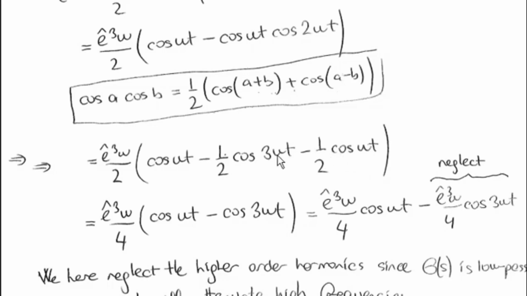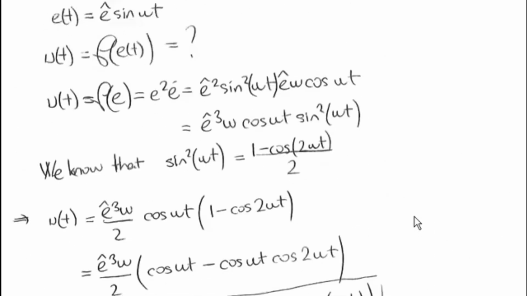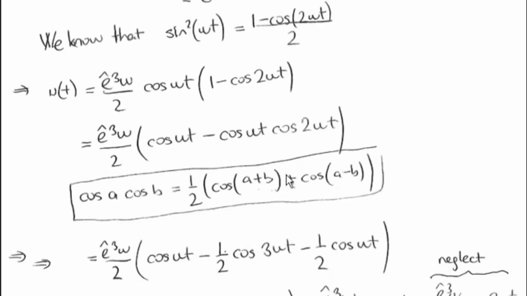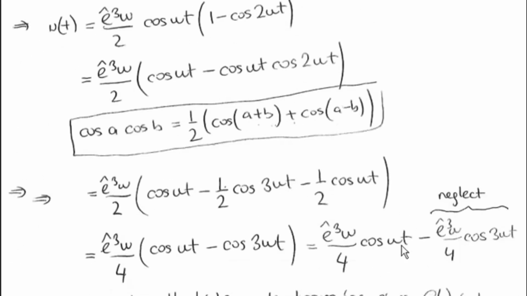So then just organizing the terms here, I would get the right hand side. This is like a Fourier series expansion, and the Fourier series coefficients are given by this one and this one here. So here we see that I have a cosine term which has the same frequency omega as the input. So remember, E of t was this signal here. So therefore I have the same frequency as the input here,